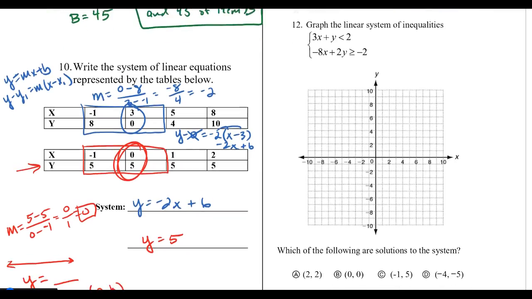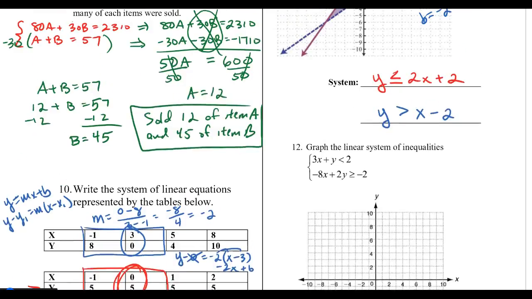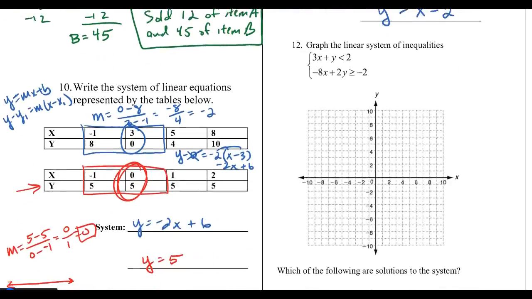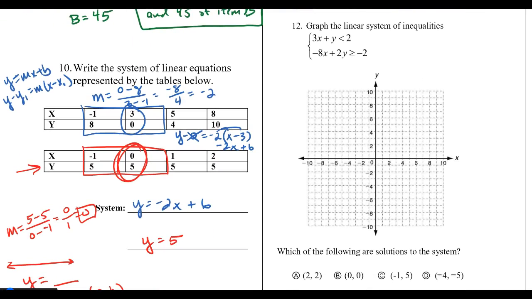Number 12, graph the linear system of inequalities. So we're just basically doing the opposite of what we did up above. Remember, to graph, we're going to want to get y by itself. So if I subtract the 3x from both sides, y is less than negative 3x plus 2, so that has a slope of negative 3, a y-intercept of 2,